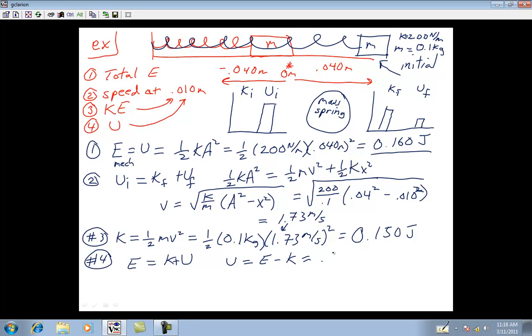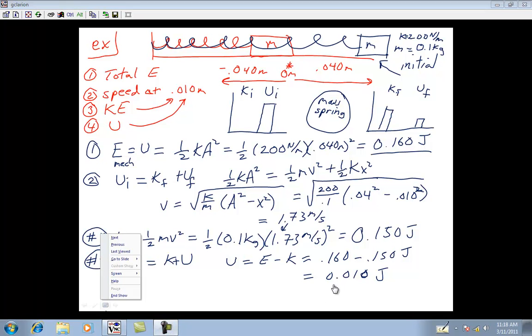That would equal 0.60 joules minus 0.150 joules, and that's 0.010 joules. All right, so again, we could just use the energy model in solving these problems, even though